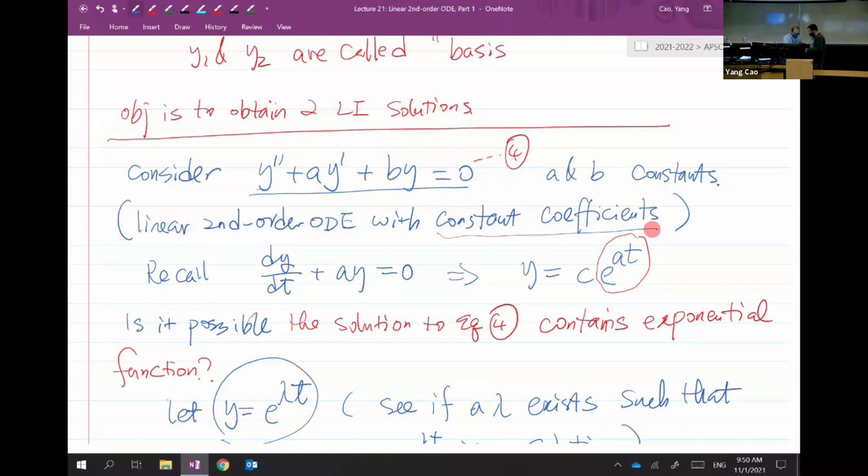Well, you can still try specific k times this plus ky times this plus q times this. Obviously, you're not going to be able to find a number satisfying that expression. So they're going to be linearly independent. But there are situations that lead to dependence. So for example, if you have a cosine